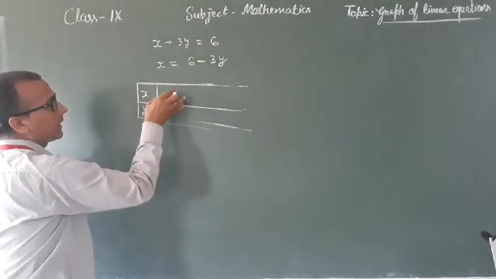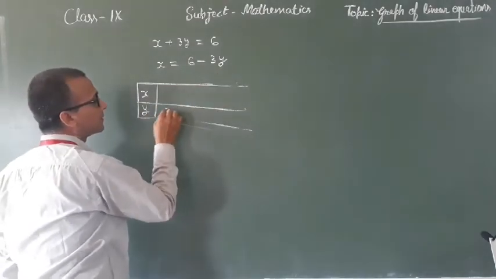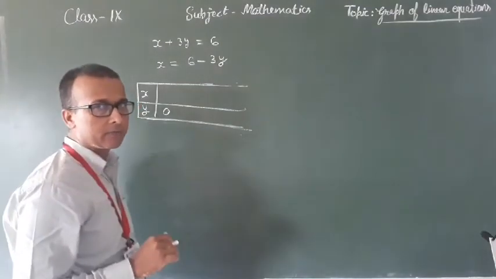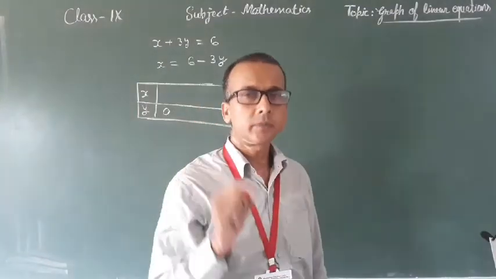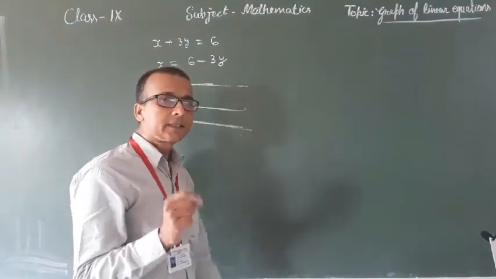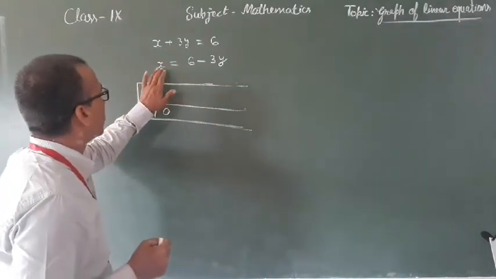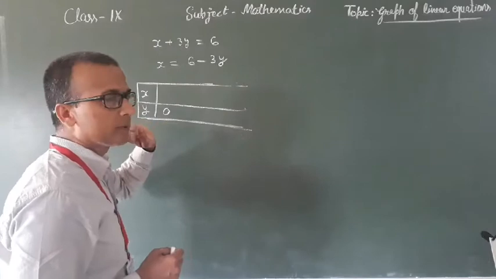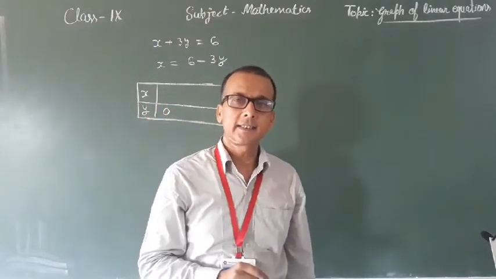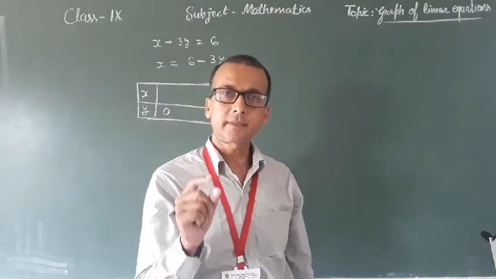a table as like this. Put different values of y. You can put any value, but usually we should put the value of this variable such that we can get the value of x and y both as integer, and it is easy to show on graph paper. That's why we use